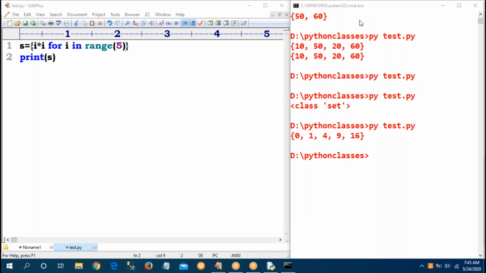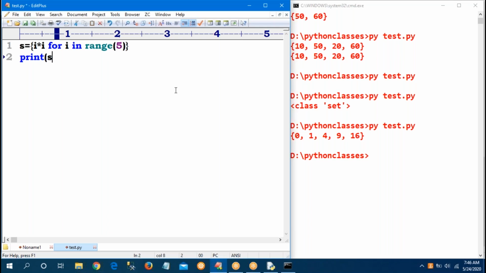So now my program is: write a program to print the different vowels in the given word. Suppose I want to ask for any word, enter a word, Mahesh IT. Print only the vowels. How to print that? Input, enter any word. In that word, only the vowels you want to print.